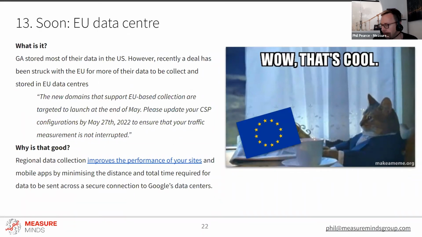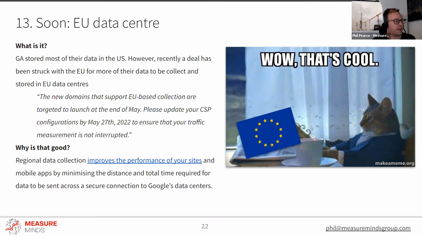Google, at some point, they haven't released it yet, is going to introduce a European data center for GA4. It was announced on Google's privacy webinar about a month ago. They then realized that in order to create a European data center, they need to silo the pixel requests from European users. And the best way of doing that is to do it within the browser, as in when a GeoIP lookup happens, it then says,